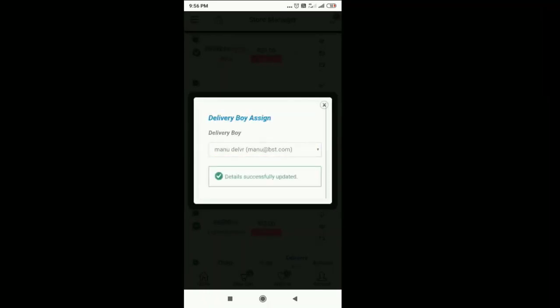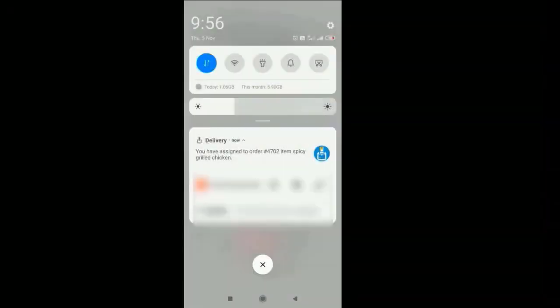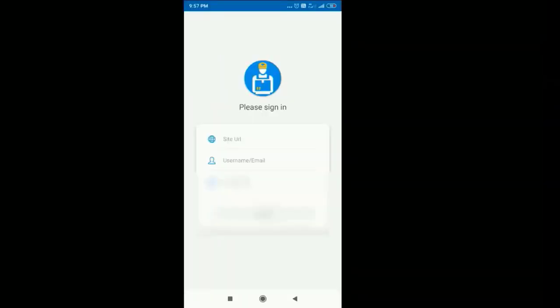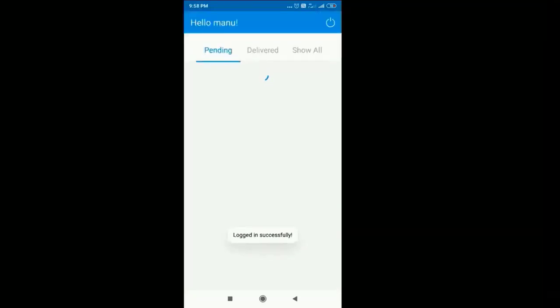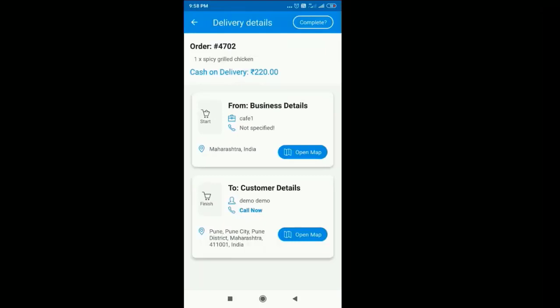So when they assign a delivery boy, on the delivery boy's mobile phone, he will get a push notification like this. He also has an Android app like this, so he can open the app and see the order details there, and he can deliver that order to the